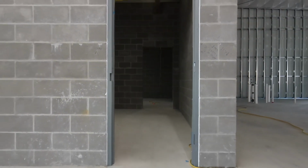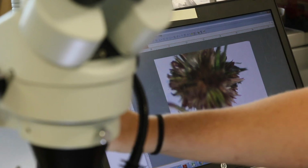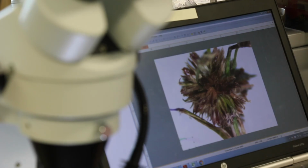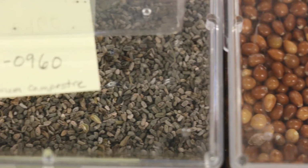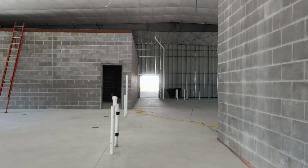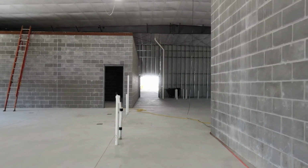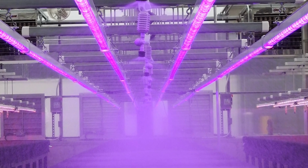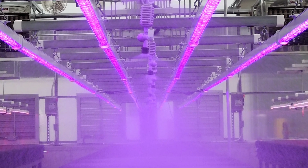Now you'll see over my shoulders that the 2 concrete rooms are tornado proof. And this is where the collections will be housed when they're not being worked on in the lab or micropropagation lab. The seed bank will house 2 freezers that will be -20 degrees Celsius, and that provides a long-term storage for the seed material. The micropropagation lab will have 2 temperate and cold growing environments to grow tissue culture in the vessels, also with supplemental lighting to provide for orthodox growing and tricking the seeds to go dormant and then